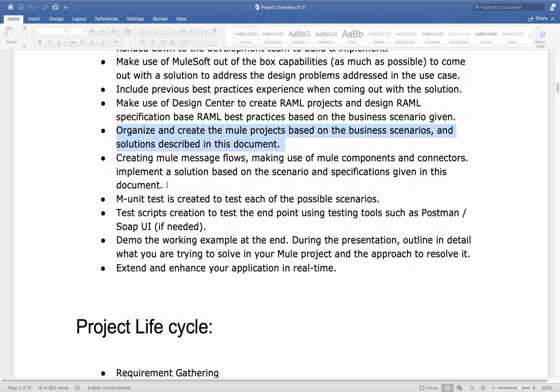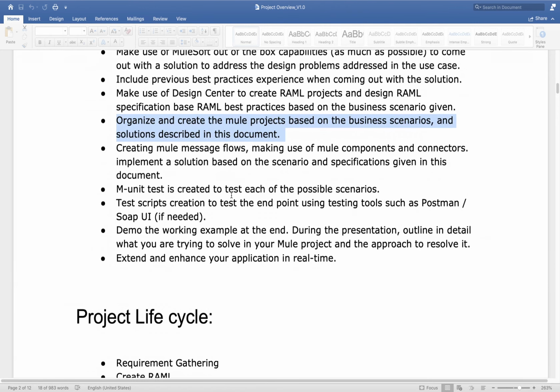Now once we complete our development, what all steps will come? First we will do our local testing with the help of the Postman tool. Next we will write MUnit and do testing using MUnit. Once we complete both local testing and MUnit testing, then we will go for code commit. We will commit our code and then deploy on Mule runtime. Create Mule message is done, and MUnit testing is done.